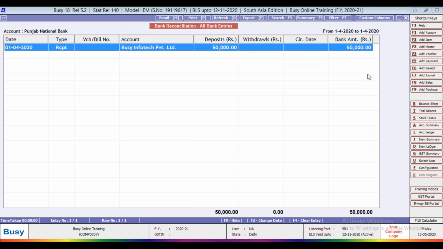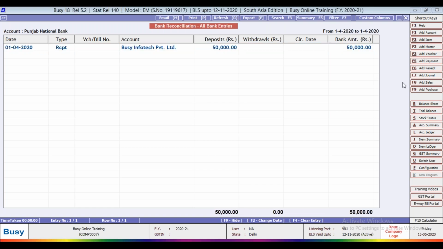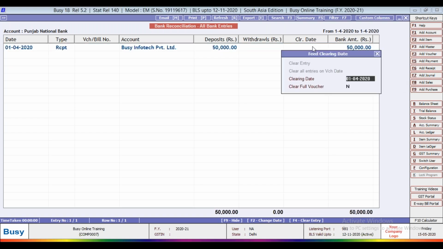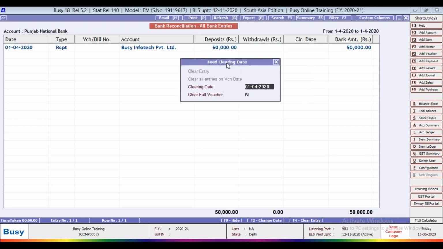So it is not showing any clearing date. When will it clear? Suppose as per your bank statement, it will clear on 5/4/2020. This option will feed the clearing date.